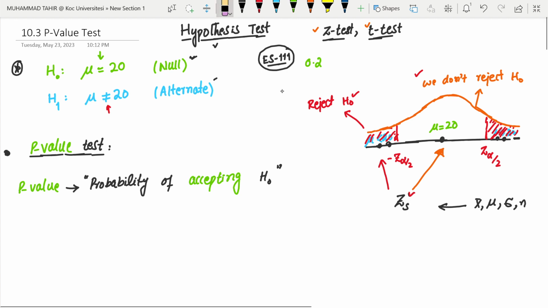But in order to complete the picture of p-value test, one thing you need to know more is type 1 error, alpha. We already know alpha, but I'm going to explain in a minute how p and alpha are related. Alpha is also probability, if you remember. It is probability, but probability of what? It is probability when H0 is true